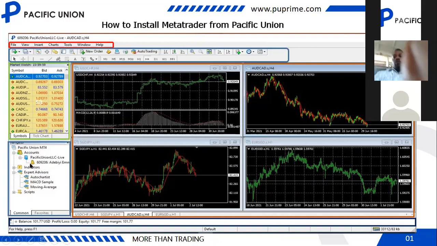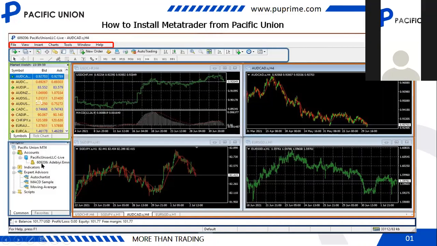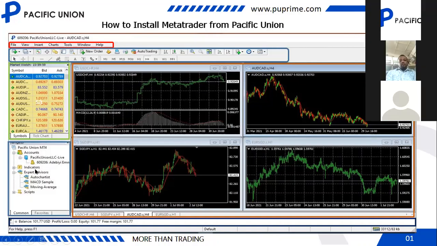Then if you see a yellow or an orange user icon, it shows that it is a live account. Then we have the indicators, the chart advisors like the auto charting, the MACD, and the moving average. So if you have more than this, if you have the RSI, the Ichimoku,